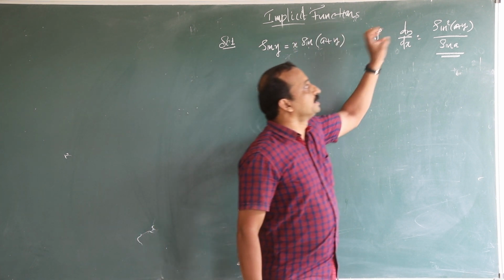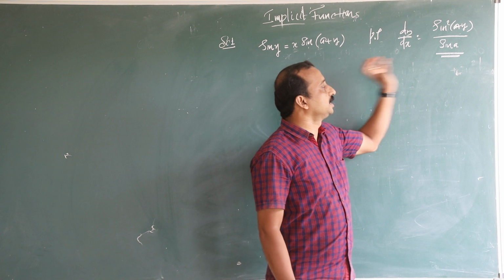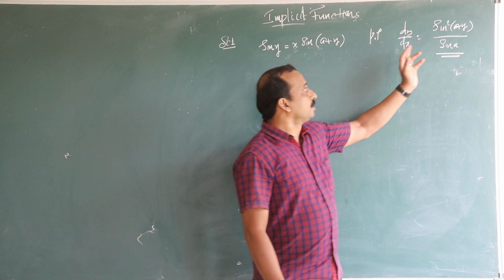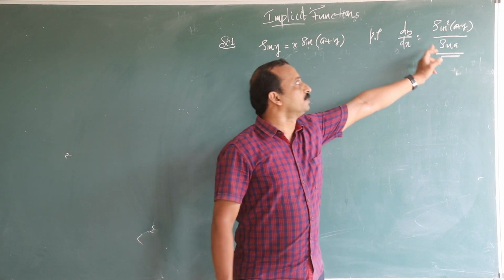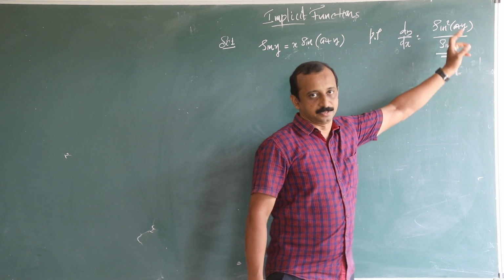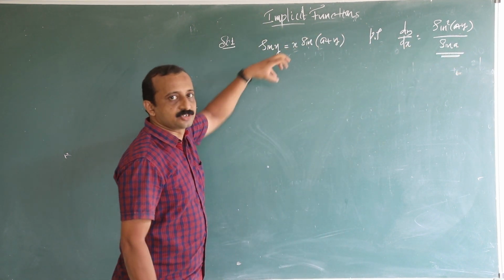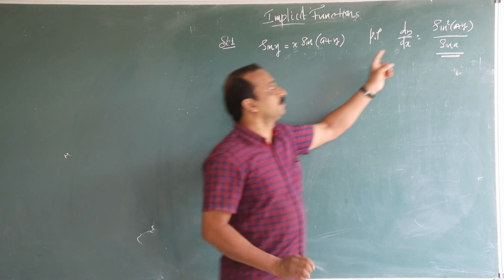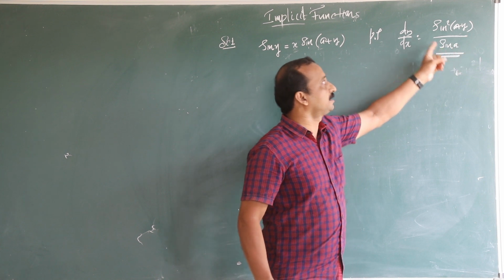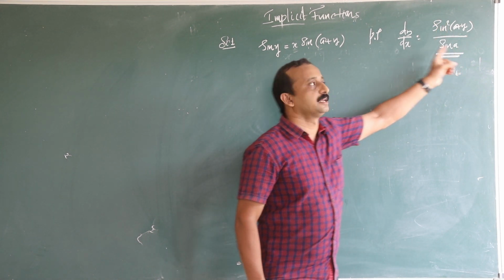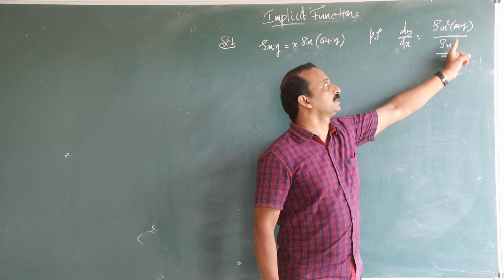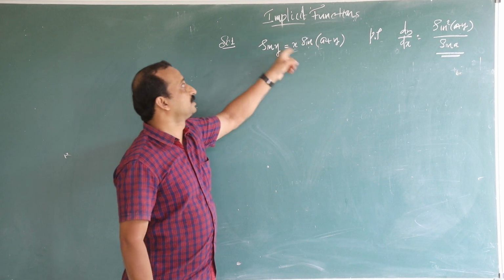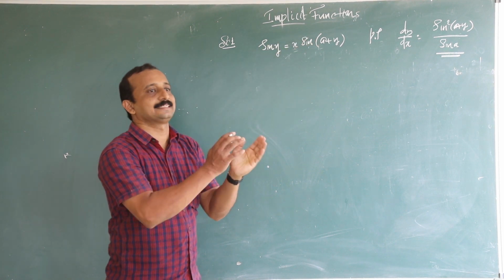Here, you know what is to be proved. Here we have to prove that dy by dx is equal to sine square of a plus y divided by sine a. The right side term contains only one variable, that variable is y. That means first we express the given function in terms of y alone. That means our function contains only one variable, that is y. So first we set this function in terms of y alone, that is x is equal to f of y